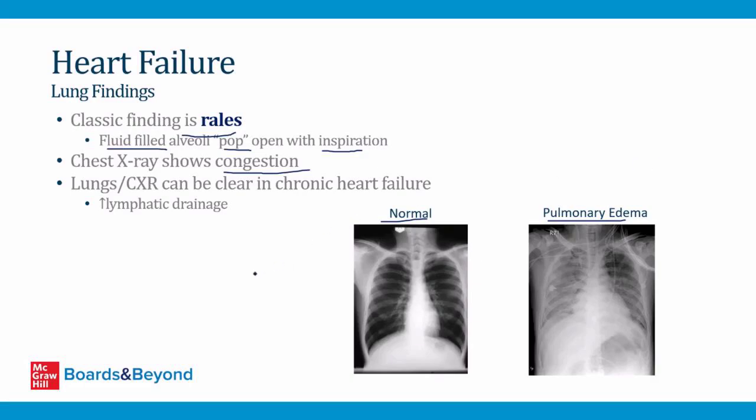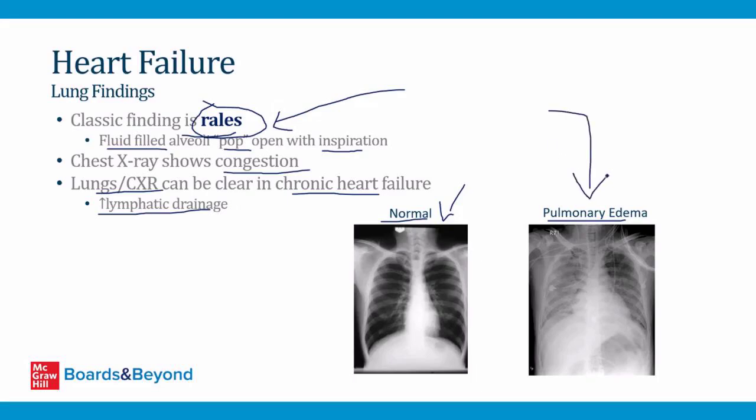Now, you should be aware, however, that in clinical practice, sometimes the lungs in the chest x-ray will be clear in patients who have chronic heart failure, meaning the x-ray could be normal and you might not hear rales. This is because over time, when patients have chronically high pressures in their lungs from heart failure, their lymphatics start to drain more fluid. So sometimes the lungs can be normal in patients with heart failure. But in board questions for Step 1, if the patient has left ventricular failure, has left-sided heart failure, they're almost always going to tell you that the patient has rales,